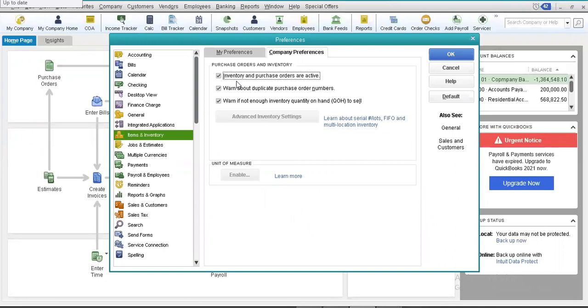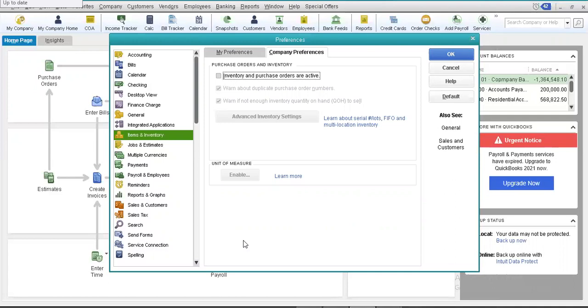This is because at the time of registering our company on QuickBooks, we had selected this option that our business would provide both construction services as well as some trading services regarding construction material. Had we not selected this option, it would have appeared unchecked in front of us, and automatically the other two options would become uneditable.